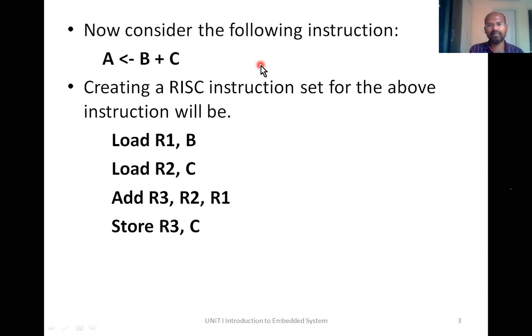The first operand is the address of the destination in memory. The second operand may be the address of the first source, and the third the address of the second source. Means all the operands may be addresses of locations. Are you following? Addresses of locations. So with one instruction you can do the whole addition operation where the operands are stored in memory and the result is also stored back to the memory. That is not possible with a RISC instruction.